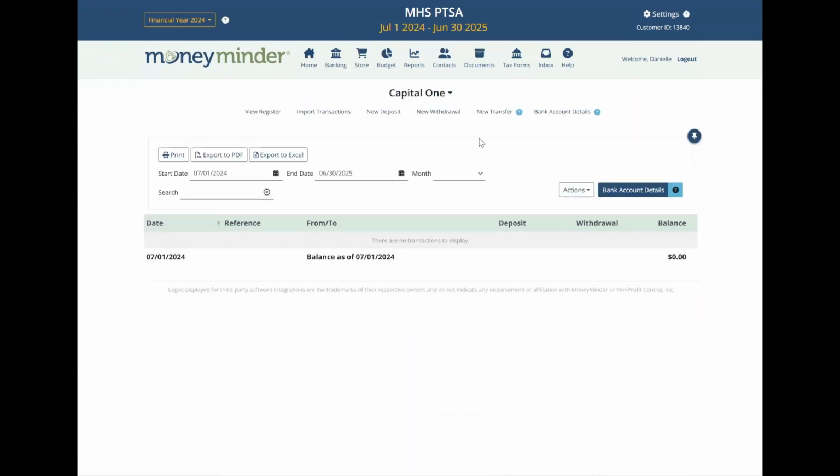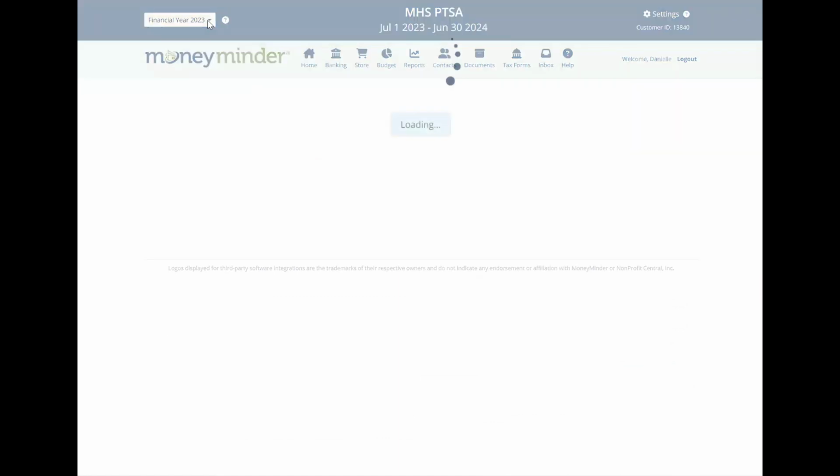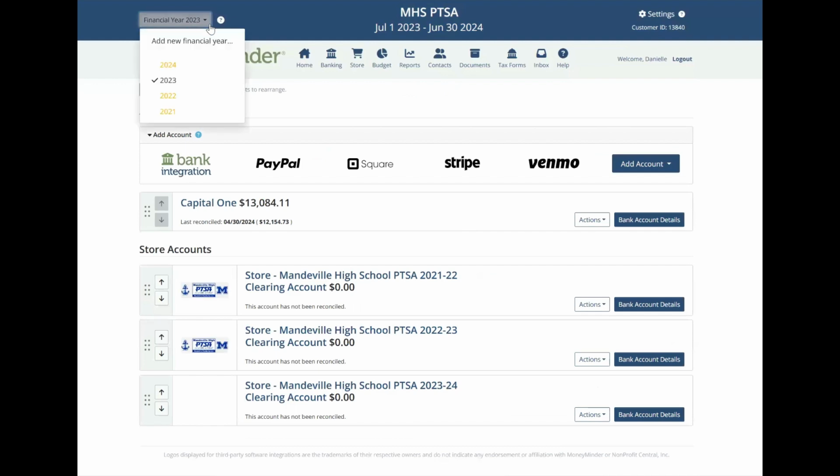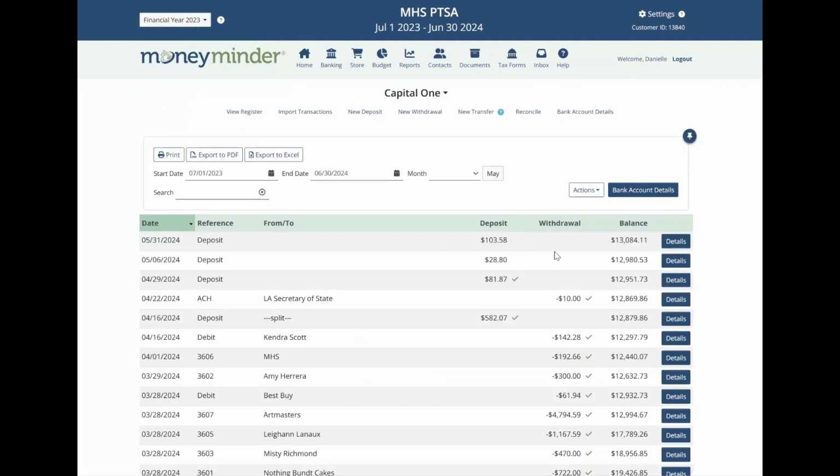So then, let me go back to 2023. As you can see, we've been using MoneyMinder for 3 years, so we can go back quickly and easily to look at previous years to see expenses or different things. If I click on my bank account, if I wanted to create a new deposit or withdrawal,